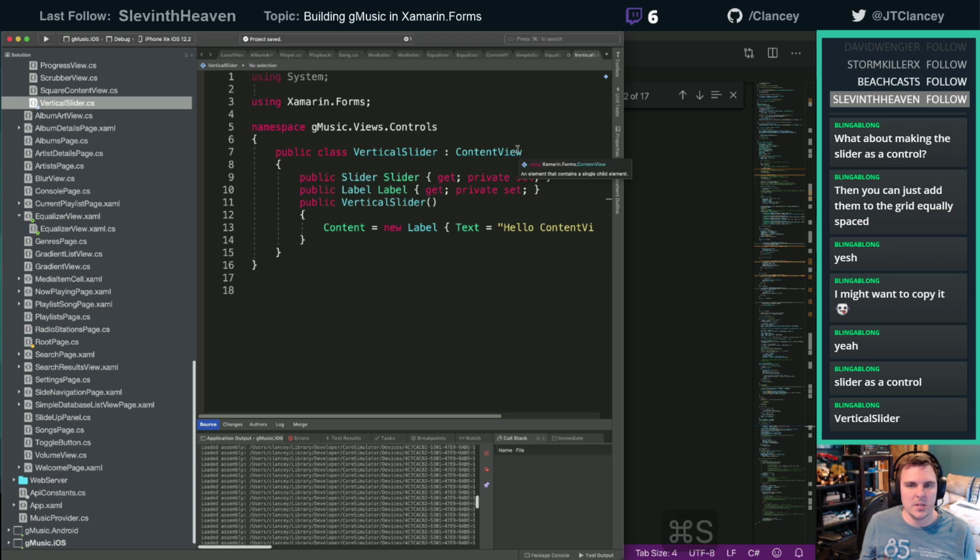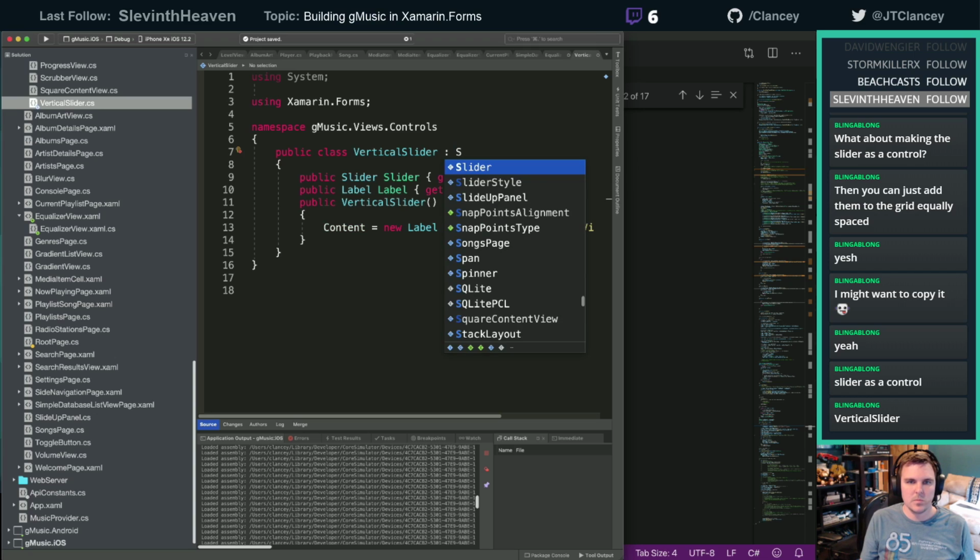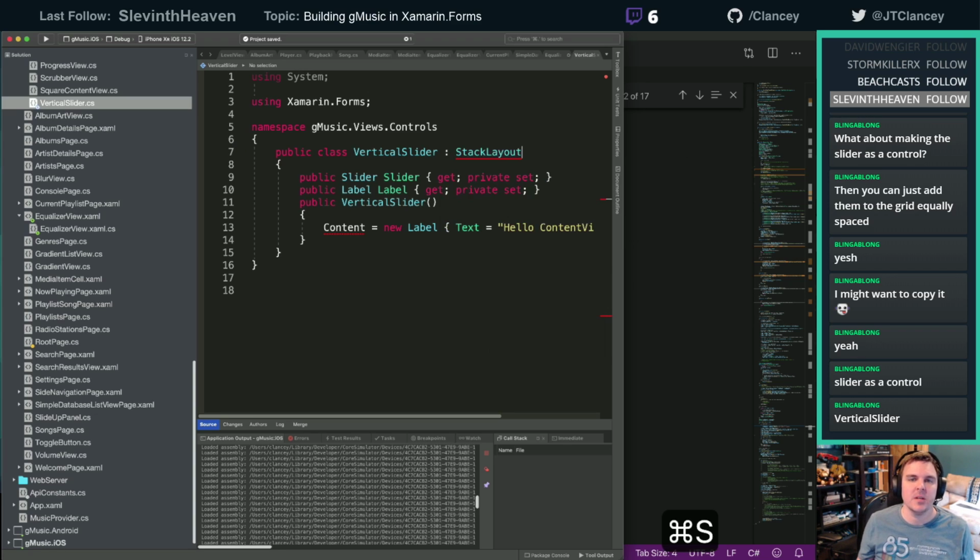All right, so we'll do this again. I wonder about performance if I could just make this as a stack. Why not? We'll try it. We'll start there. Stack layout.